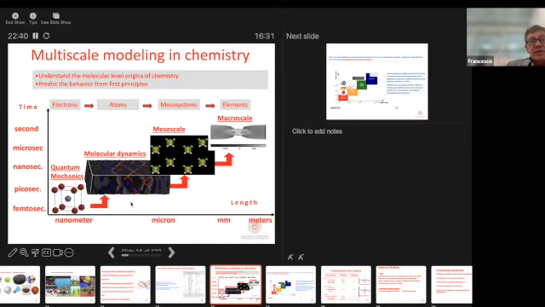What happens here? Well, implicitly, I reduce the level of complexity because I don't usually have electrons anymore, and I can increase the size of the system or the time scale of the system. And I can approach, say, the microsecond or the micron in terms of dimensions. And then I can go to the mesoscale. And in the mesoscale, there are several ways of doing this.